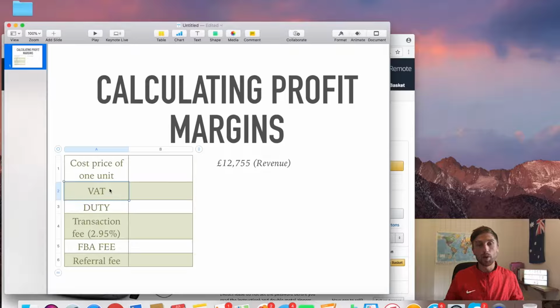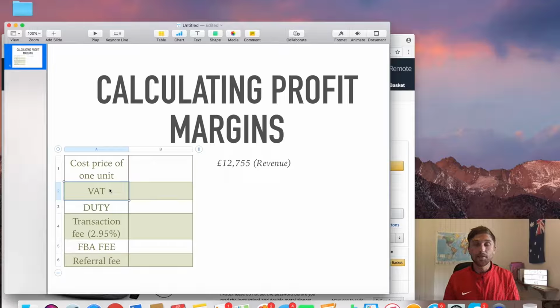We like to use a ballpark figure of about 5% average for duty of the overall price of the import, okay? So transaction fee, this is the fee that you will incur when you buy the products from Alibaba. Now, all of those fees you can bracket off as one category. Underneath we have the Amazon fees, the Amazon FBA fee, the fulfillment by Amazon fee, and also the referral